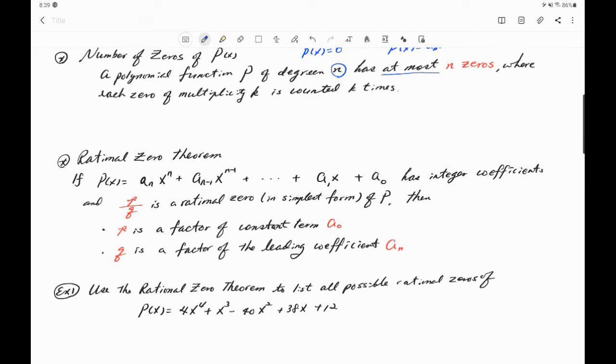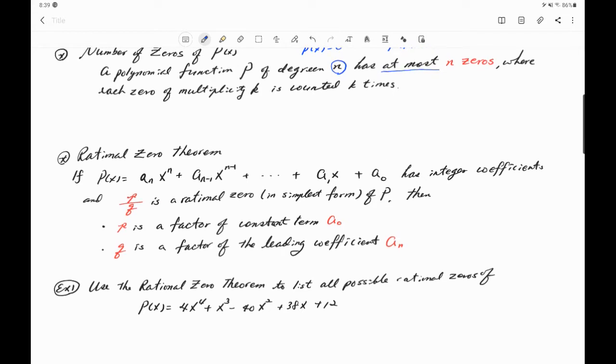Okay, then this polynomial has, let's say, integer coefficients, and let's say it has a rational zero as a root of the function. So p over q is, I don't know what p over q is, but let's say p over q is a rational zero, a root of the function. Then we say p is a factor of the constant term,